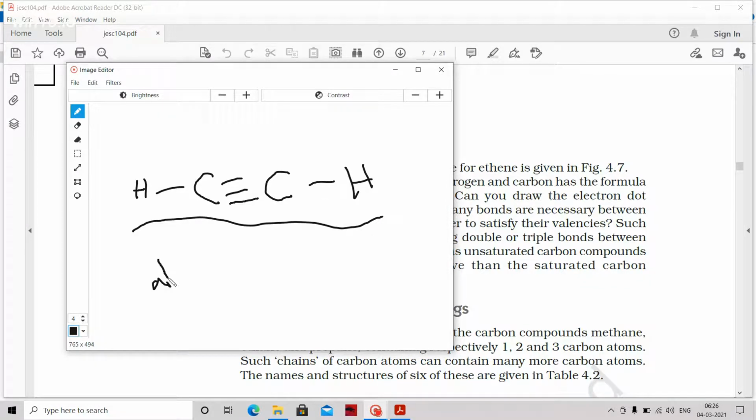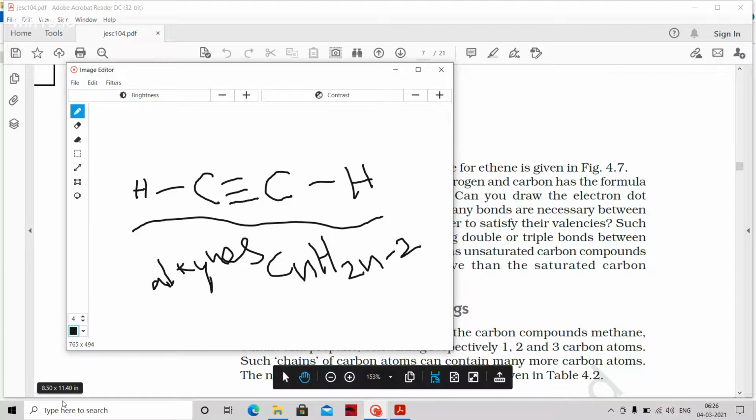These are called alkynes. What are they called? Alkynes. Previously we have seen alkenes, now alkynes. Both together are called unsaturated hydrocarbons, because n number of carbons should have 2n plus 2 hydrogens, then it is saturated. If you are having fewer, they are unsaturated. So now for n carbons I have fewer than 2n plus 2. If I have 2n, they are alkenes, we told. Now here still 2 more hydrogens are less. So this is now CnH2n minus 2.